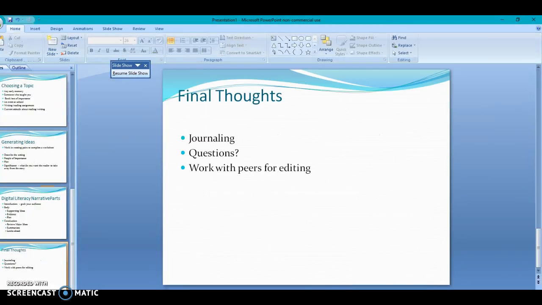So once you've picked your topic and you know what story you're going to write about, you can begin jotting down your ideas and using our app to create your final product for your digital narrative. And so when we come into class, at the end of class, I'll have you answer 3 questions, just talking about questions that you have with parts of your narrative, questions you have about using the app that we're going to use, and questions about different things you might have about the rubric